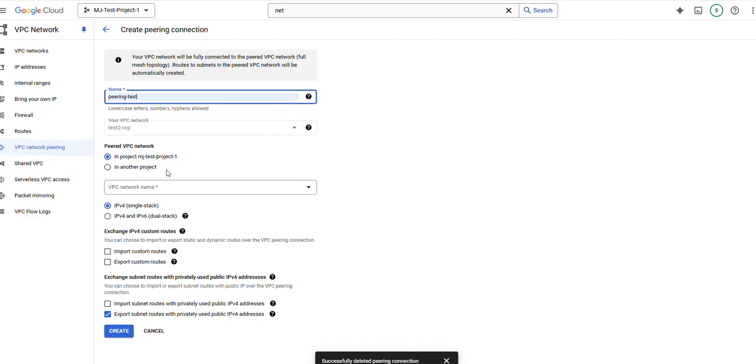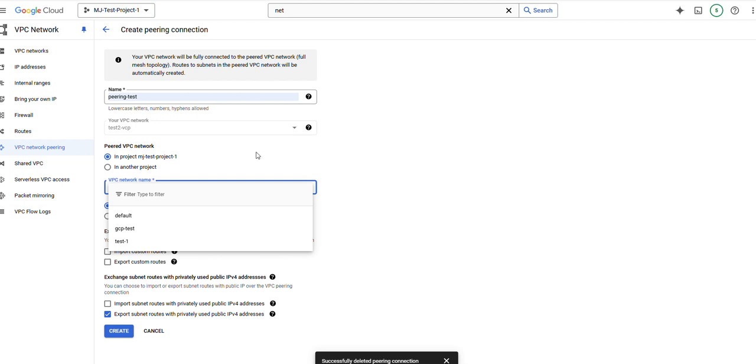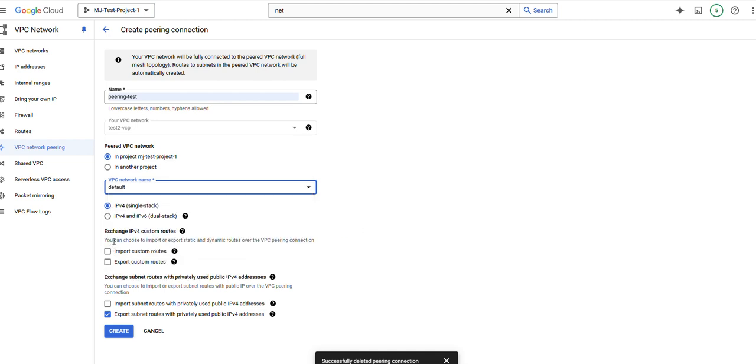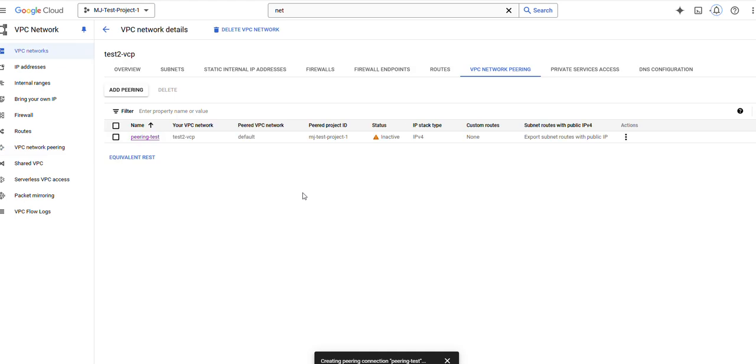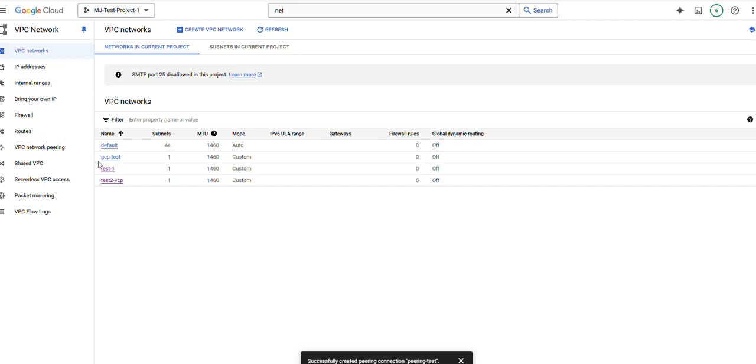Here also you can decide which project you want to connect with, and then you just have to give the VPC network here. I would like to go with the default connectivity, and this is very important. You can exchange the IPv4 custom routes which are available between the networks, and also import and export the subnet routes here. I'd like to go with the default option and create it. Now it is saying the status is inactive. What you have to do is go to the network which you are trying to connect,